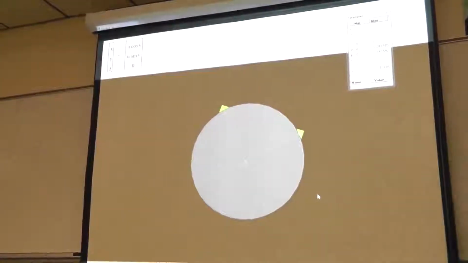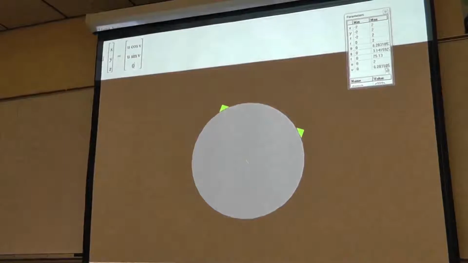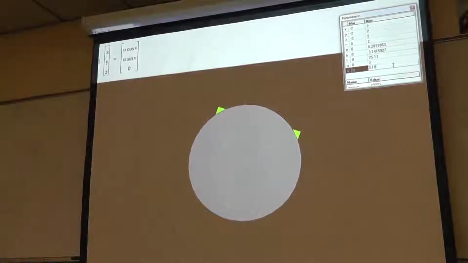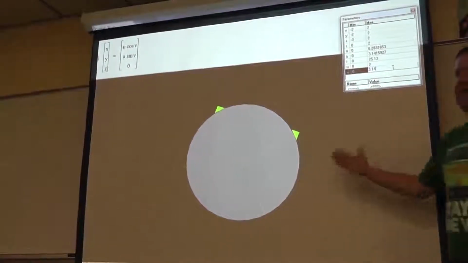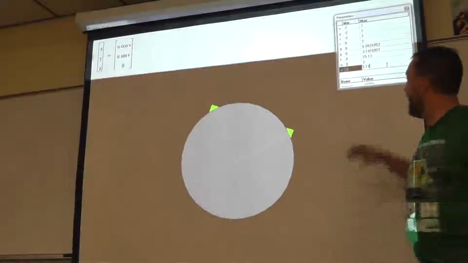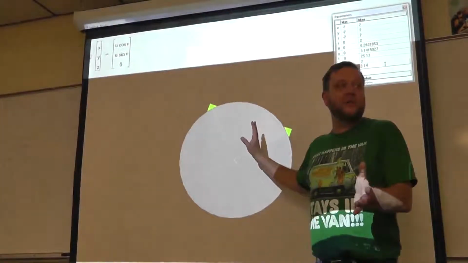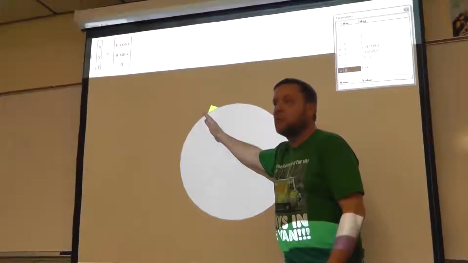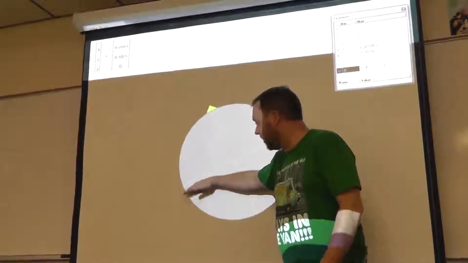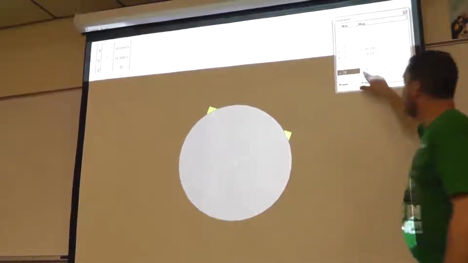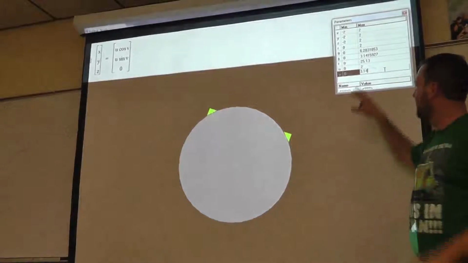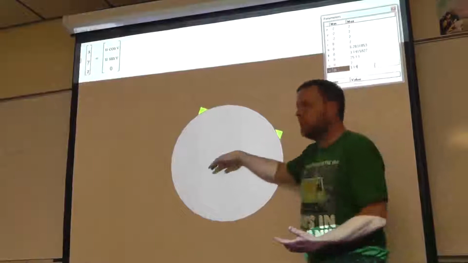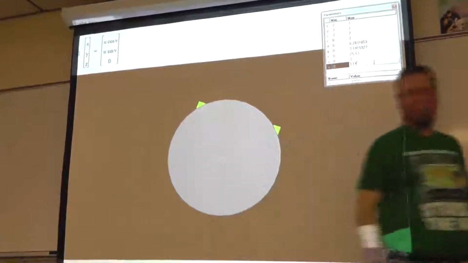So for instance, if I took these restrictions over here, and remember v is playing the role of theta, if I allow v to stop at 3.14, what would that do to my disk? Cuts it in half. And it's still oriented the same way it was in trigonometry. Positive x-axis is theta equals 0, theta equals pi over 2, about 1.57, theta equals pi, about 3.14, 3 pi over 2, and 2 pi. So if I let v, my theta-ish variable, stop at pi, that would cut this in half. But if I leave 0 to 2 for r, that's still going to give me a completely filled-in top half of this circle, you see?